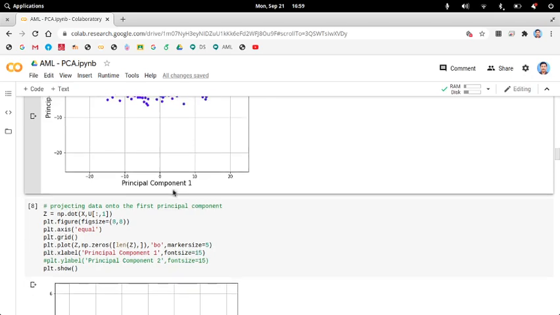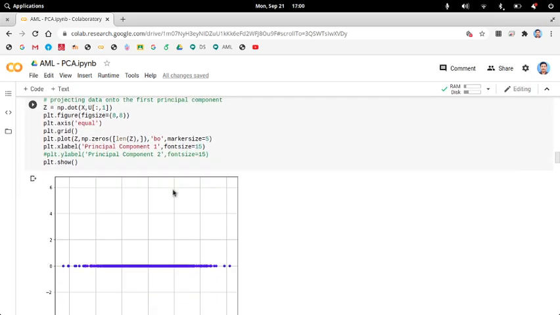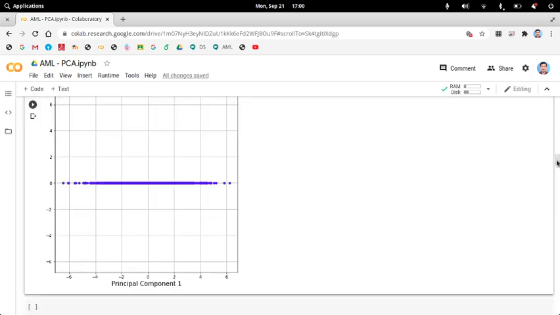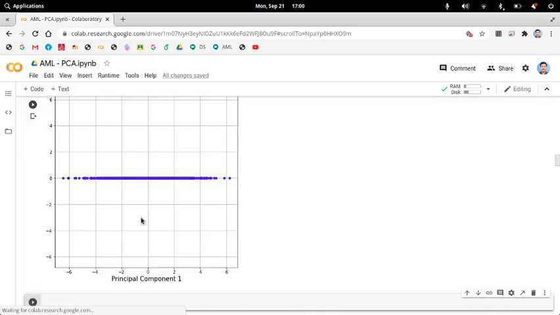You can always do dimensionality reduction. If you project your data to only one principal component, the first principal component, then the data will look like this. So np.plot x comma u with only the first component. If you plot that, you can see that it has only one dimension; the dimensionality of this two-dimensional data is reduced to one dimension.